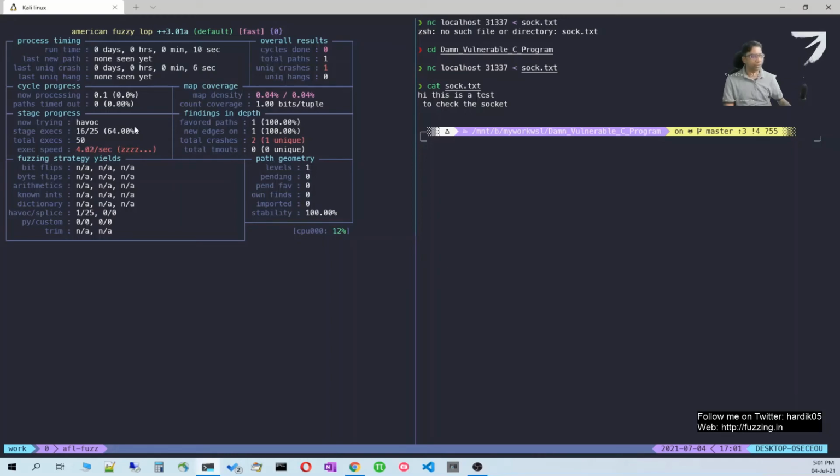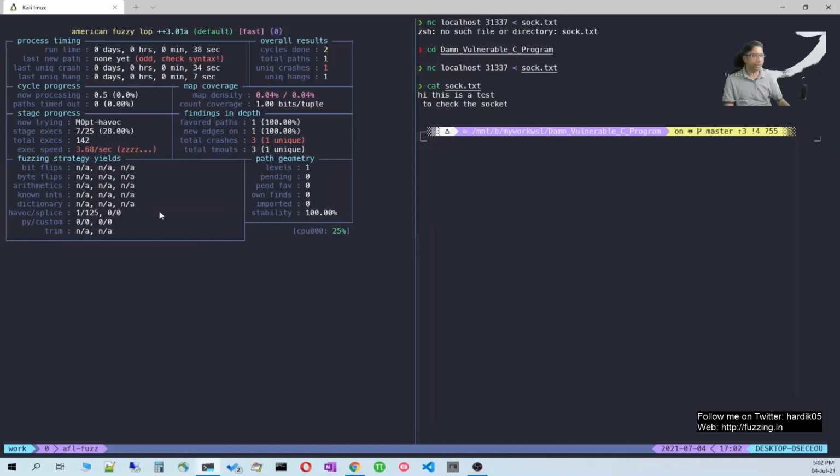I'm getting very slow speed. This is not because I'm using Preeny, but because I'm capturing video and I'm running a few more things on my system, so that is why it's very slow. Otherwise I was getting a decent speed when I'm not capturing video. And I was also able to get some good crashes in a short amount of time. So yeah, it is working and we are able to find some crashes over here.